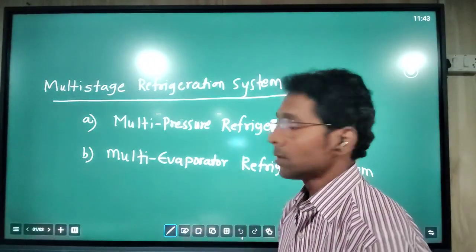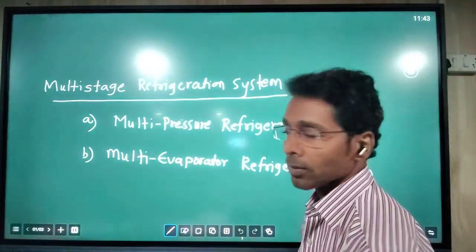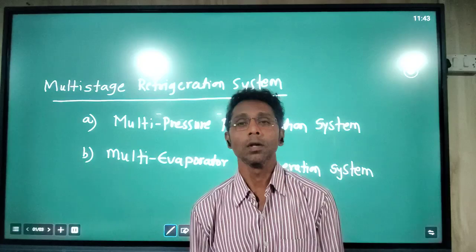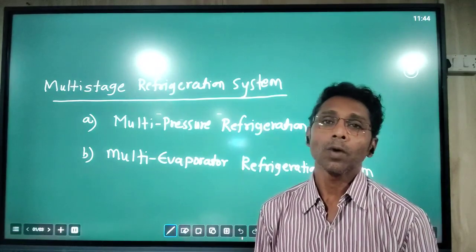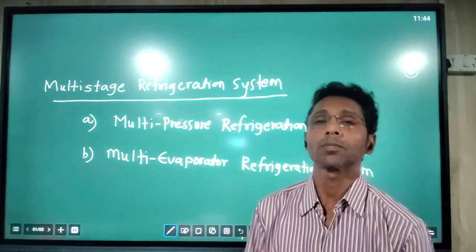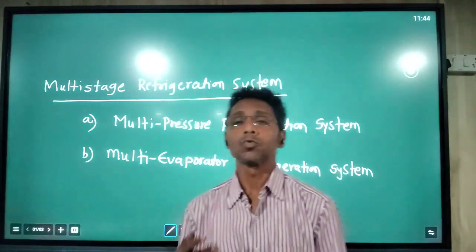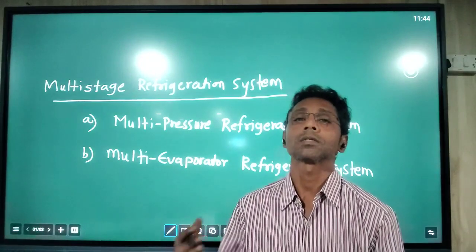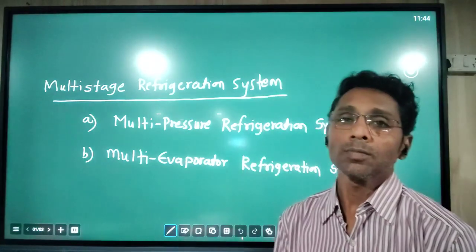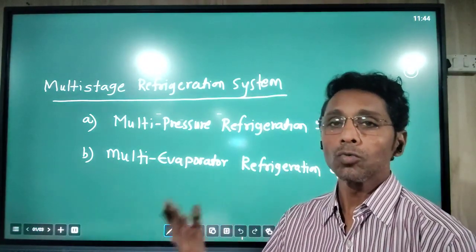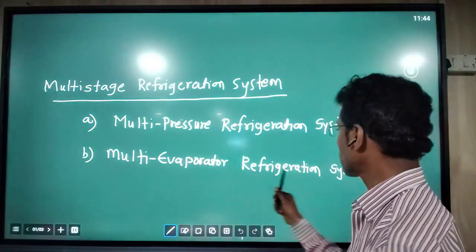In this session, we will study the introduction of the multi-stage refrigeration system. In the last session, we saw what exactly a multi-stage refrigeration system is and why it is required, meaning what the limitations of the single-stage VCRS, vapor compression refrigeration system, are, and to overcome these limitations and disadvantages, we go for the multi-stage refrigeration system. Multi-stage refrigeration system is basically divided into two major parts: multi-pressure refrigeration system and multi-evaporator refrigeration